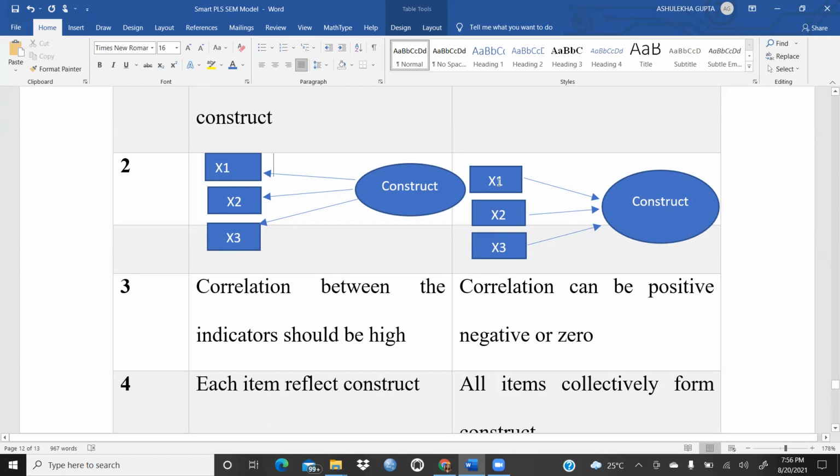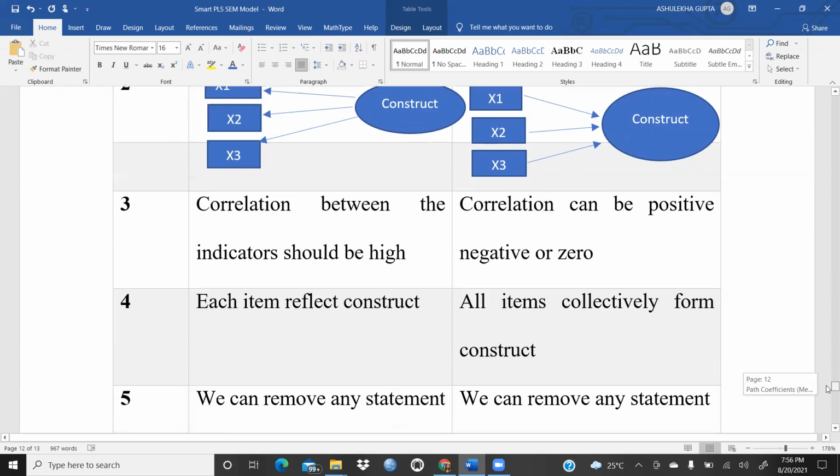So there is no use in carrying both, as this is a kind of multiple regression. That is not required, so we have to drop one. If there's a multicollinearity issue, we will drop this item.